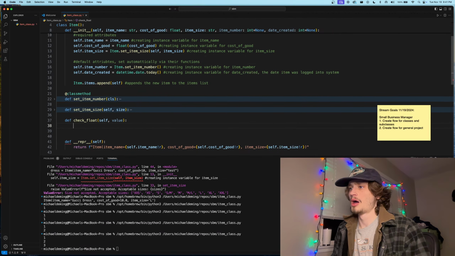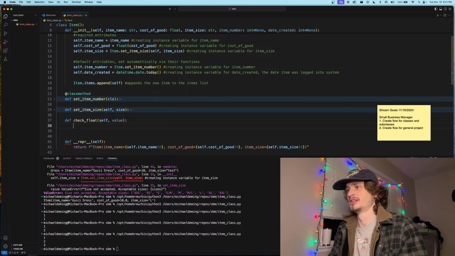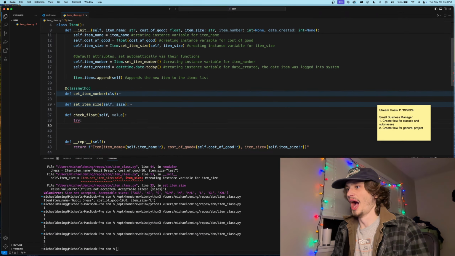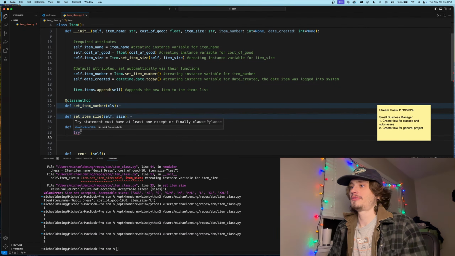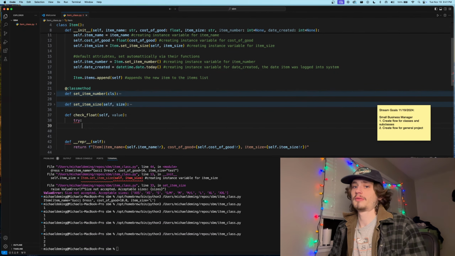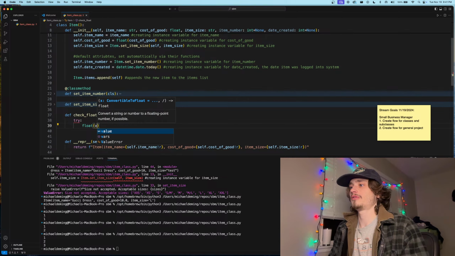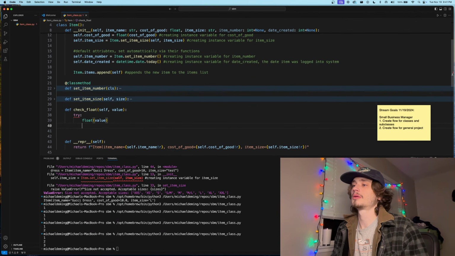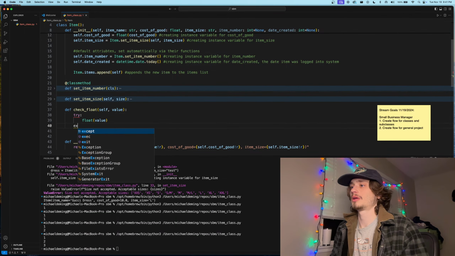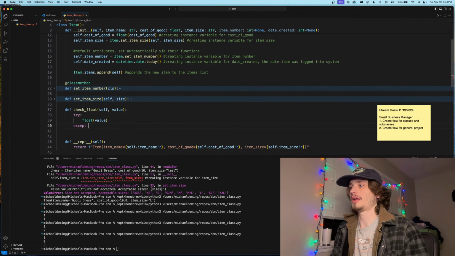So basically this function is going to be a try block. Try to convert value to float, right? Except if we get a value error,